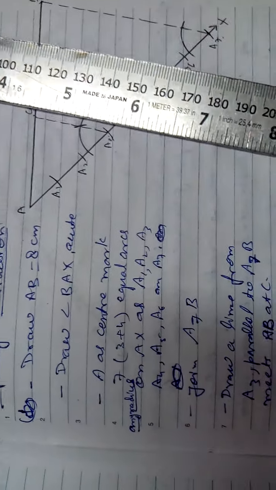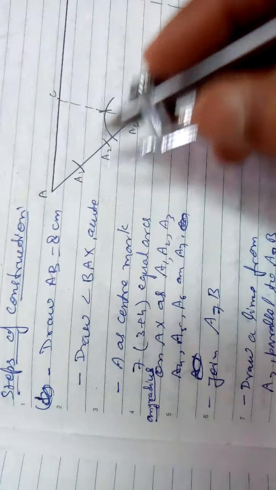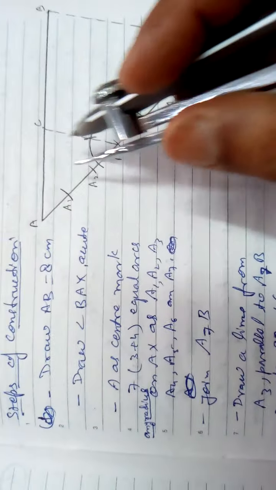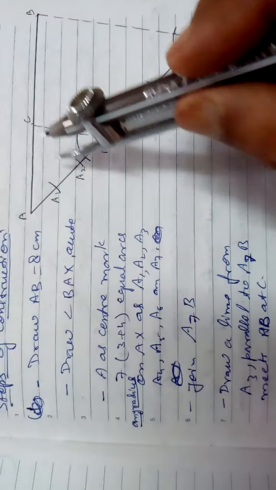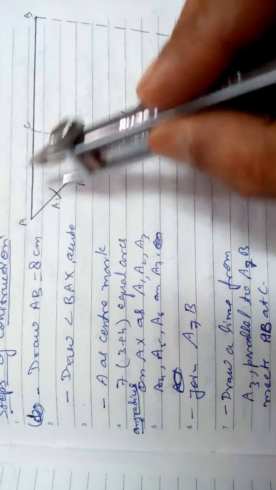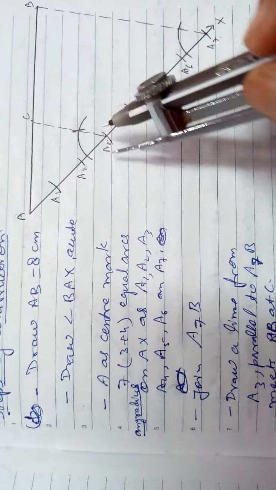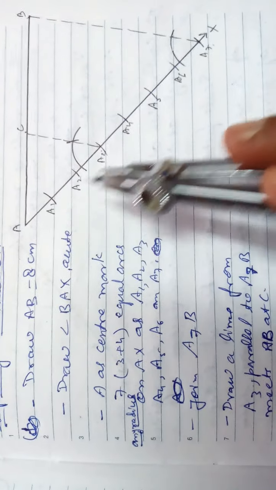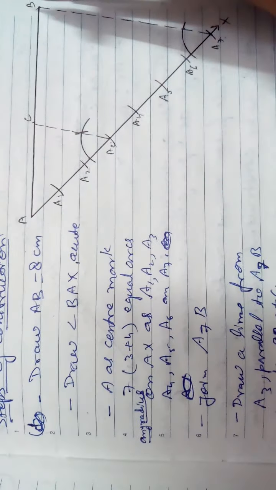You will get where it meets this point, which is C. And C is a point which divides the line segment AB in two parts, 3:4. 3 is this part and 4 is this part. When we study similar triangles, then you will understand how it is 3:4, because the triangles will be similar. This triangle is similar, with the line parallel to this, by the basic proportionality theorem. You will get A3 upon A3A7 equal to AC upon BC. So here it is your result.